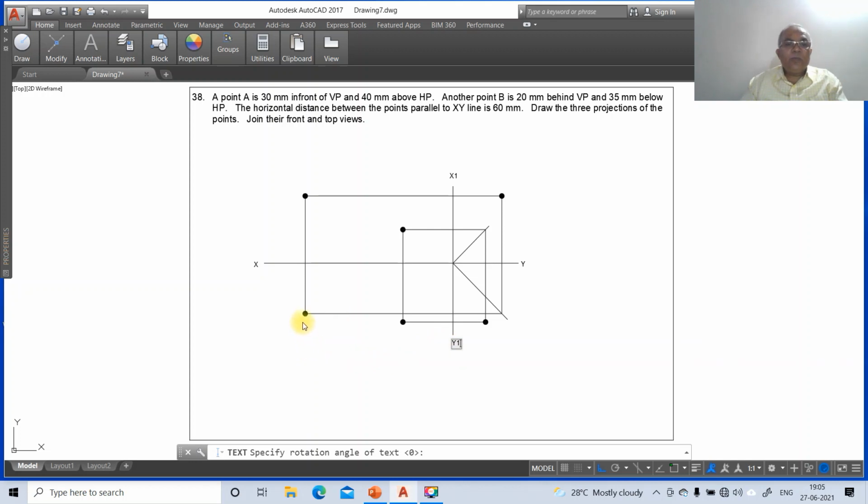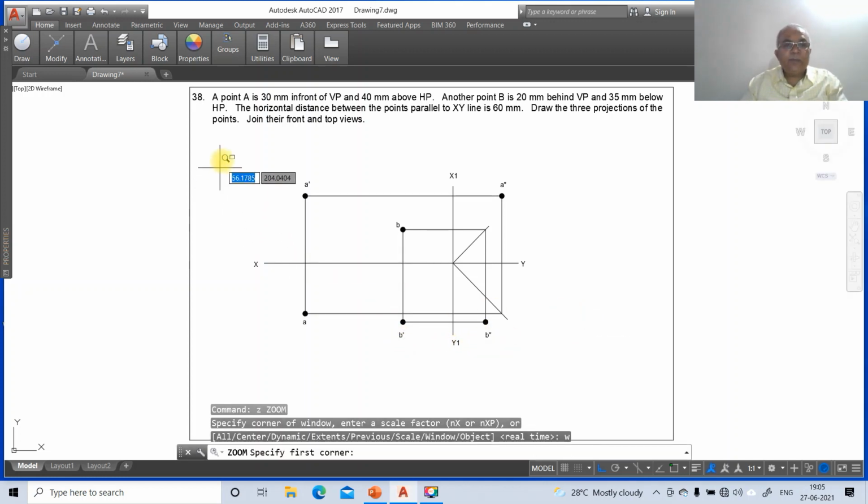Then here you mark this as small a and this as a dash and this as a double dash. Then similarly you mark this as b and this as b dash and this as b double dash.